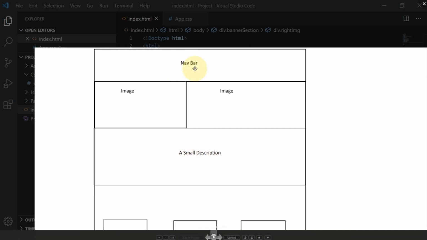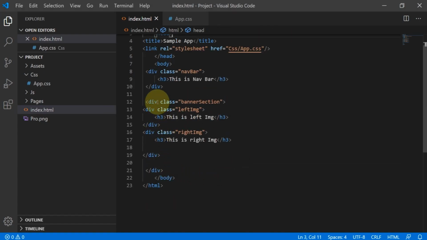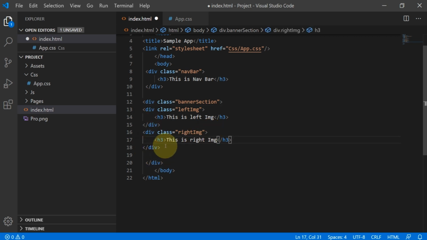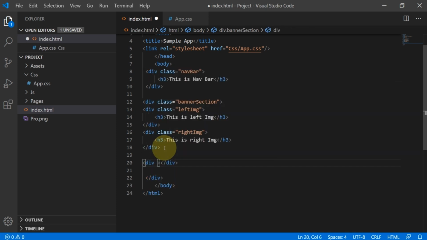This is also similar to the navbar. For that I'm taking another div and naming the class description block.